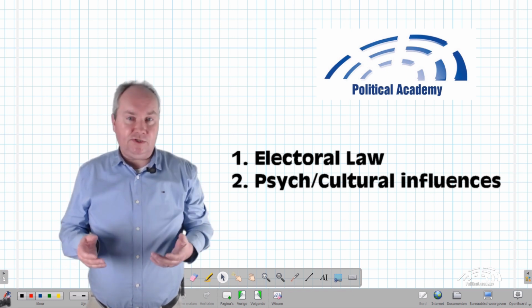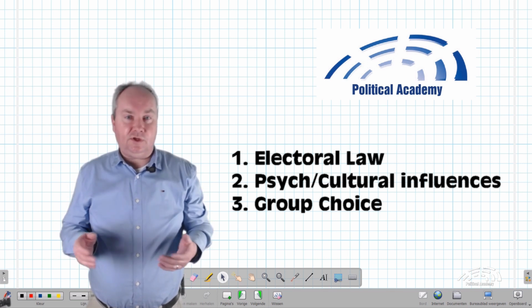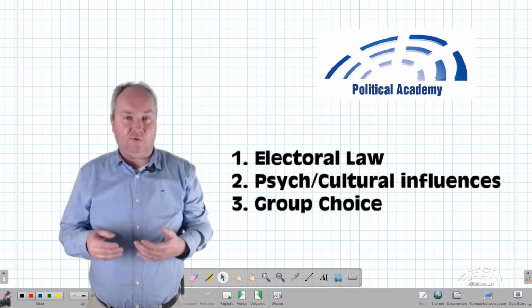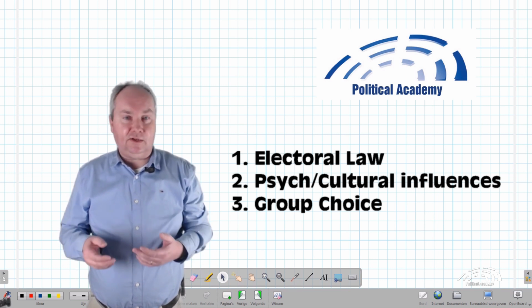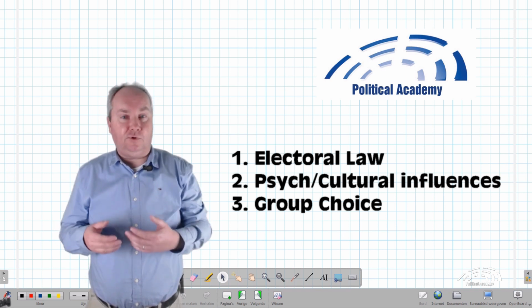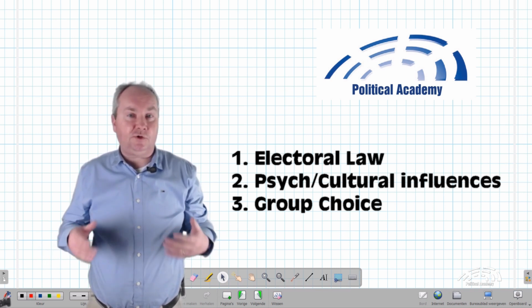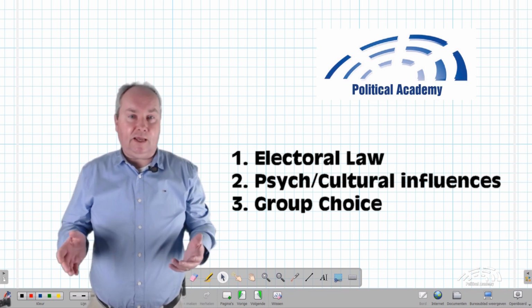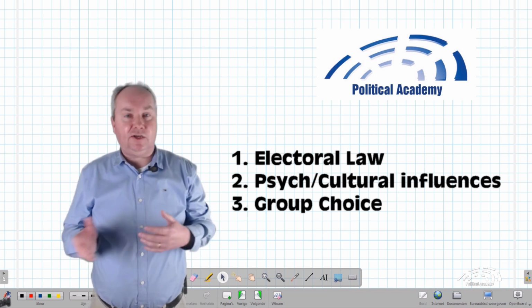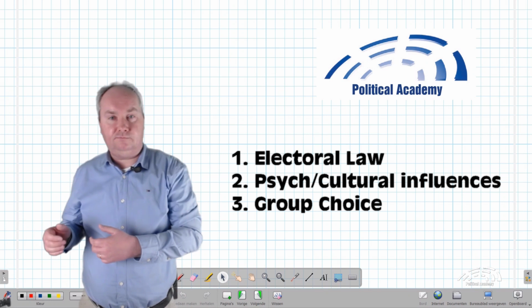The third main reason is the choice of groups. Parties can only get votes if there are groups in society that support their program. Or a new party or political candidate can find out if there is support in society for issues that are not yet addressed by existing parties or candidates. In 1948, Duncan Black combined economic theory with elections. Let's go to the arts and crafts table so I can show you.